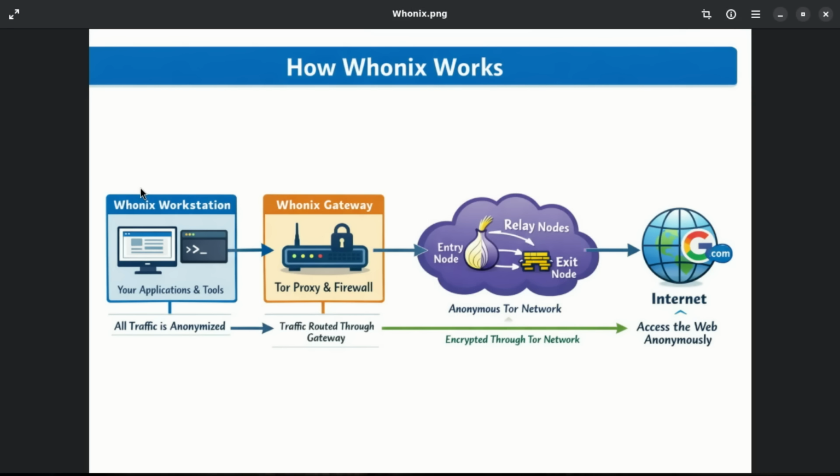Whonix is not just a program. It is a complete operating system built from the ground up for security. Unlike the Tor browser, which only protects your browser traffic, Whonix forces every single application on your system, whether it's an email client, a messenger, or even a buggy piece of software, to go through the Tor network. It's so secure that even if a hacker manages to take over your system, they still can't find your real